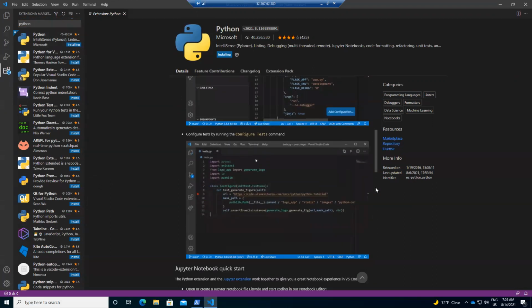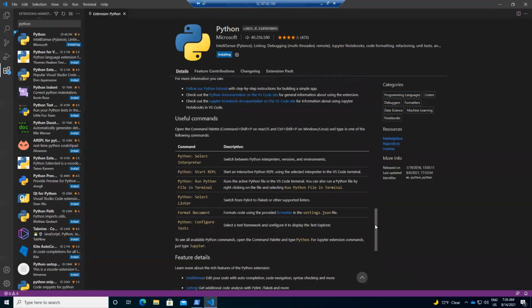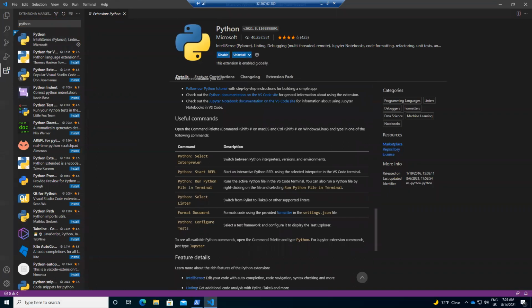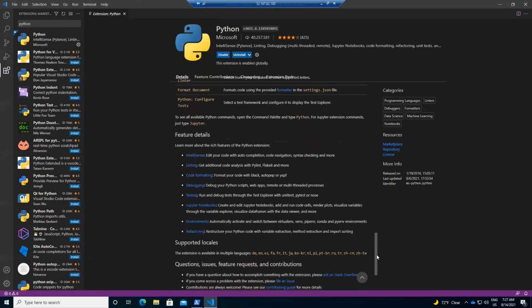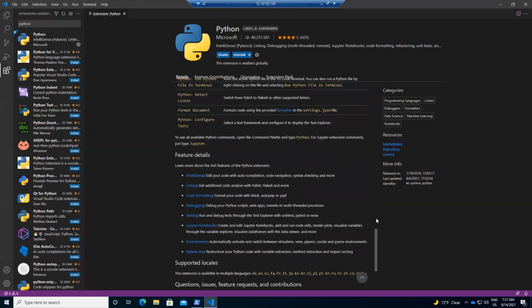You can configure the test cases. You can switch the interpreters by clicking on the command palette, Control Shift P. It will open the command palette, and you can just type this one. It will switch between multiple interpreters and many other settings.